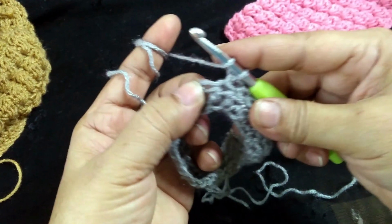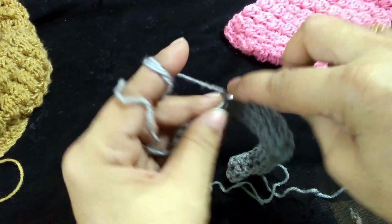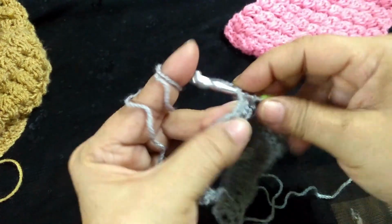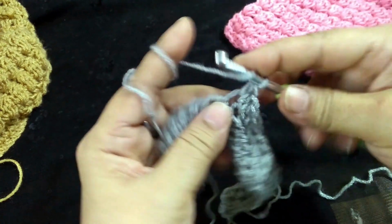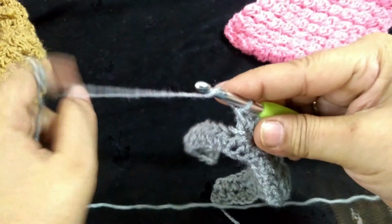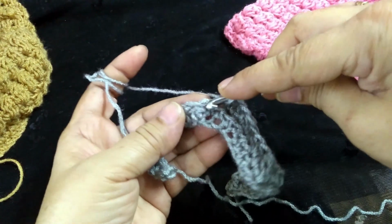Then again in this way, 3 single crochet, 1, 2 and 3. Again 5,